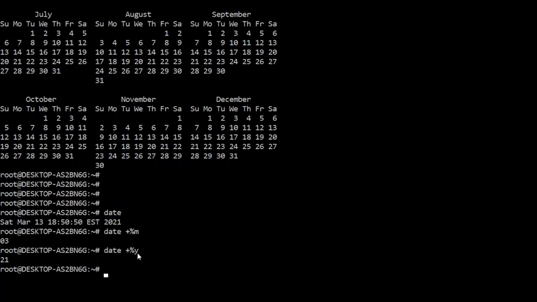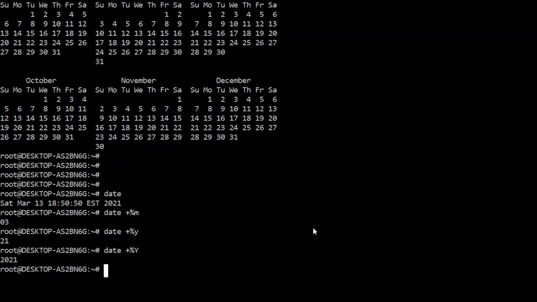So small y will give you the last two digits of the year. Capital Y will give you the 4 digits of the year. So plus %y will give you the last two digits of the year, plus %Y, capital Y, will give you the 4 digits of the year.